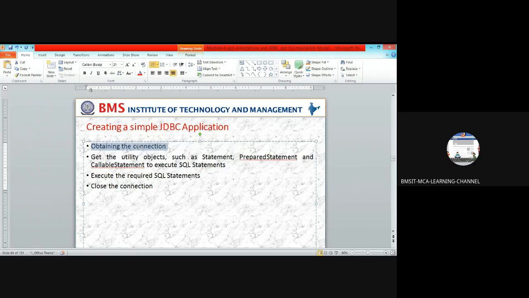So first obtain the connection, then get the utility objects such as statement, prepared statement, and callable statement to execute SQL statements, then execute the required SQL statement, then close the connection. Simple JDBC application.